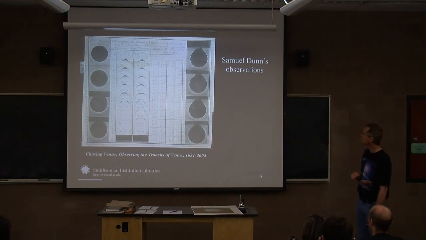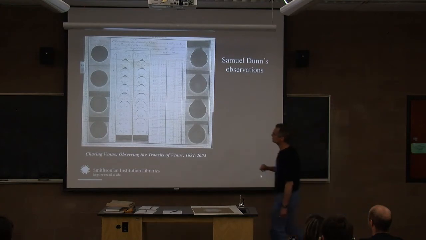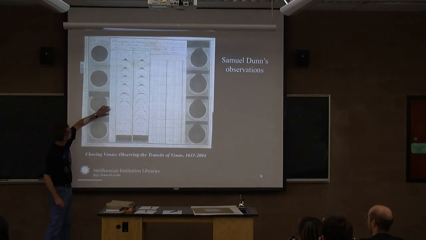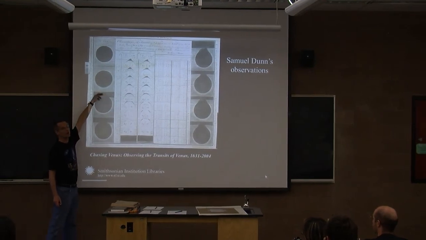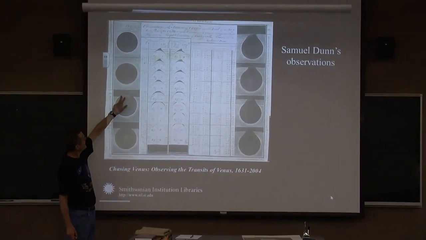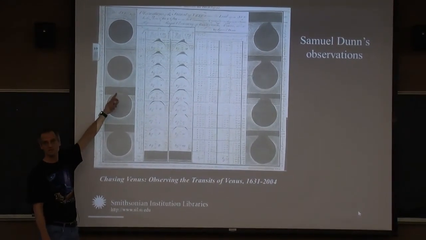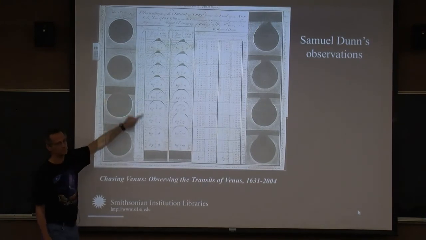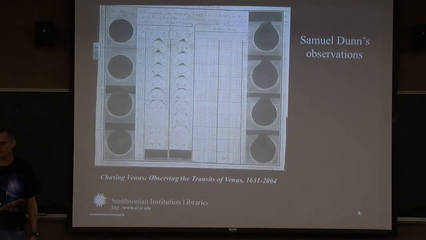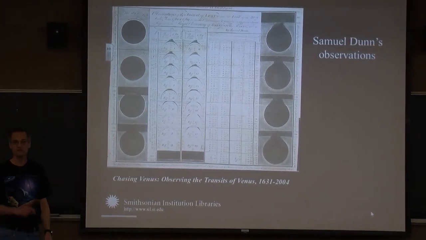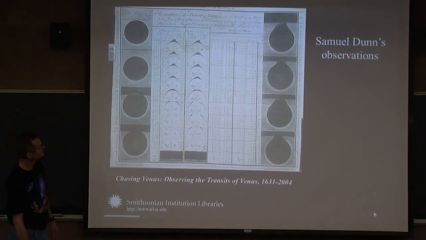There's another effect that you can just see in this picture that's a little strange, because Venus has an atmosphere. When part of Venus is still outside the disk of the sun, because it has an atmosphere, it glows a little bit. You can actually see this in photographs taken of Venus entering the sun. When it gets close enough, you can see the entire round circle. You don't see that with eclipses. The moon has no atmosphere. There's nothing there to catch sunlight and spread it out. You don't see that with Mercury, but you see it with Venus because of its dense atmosphere.